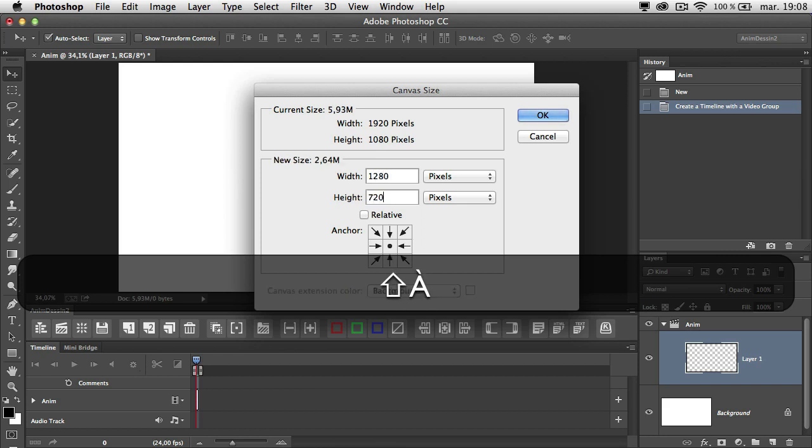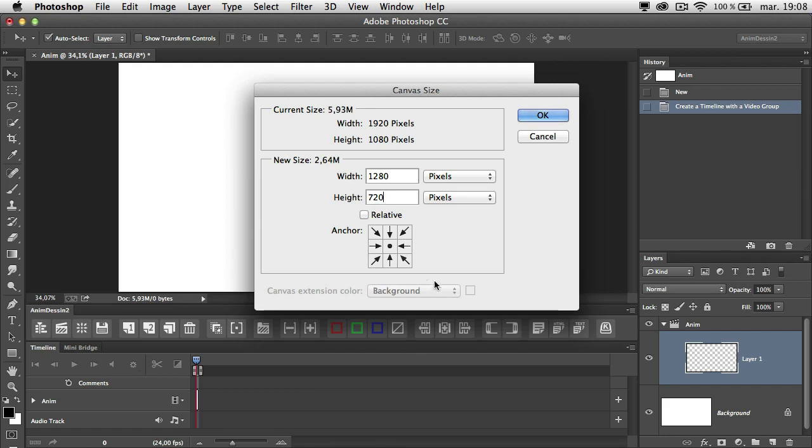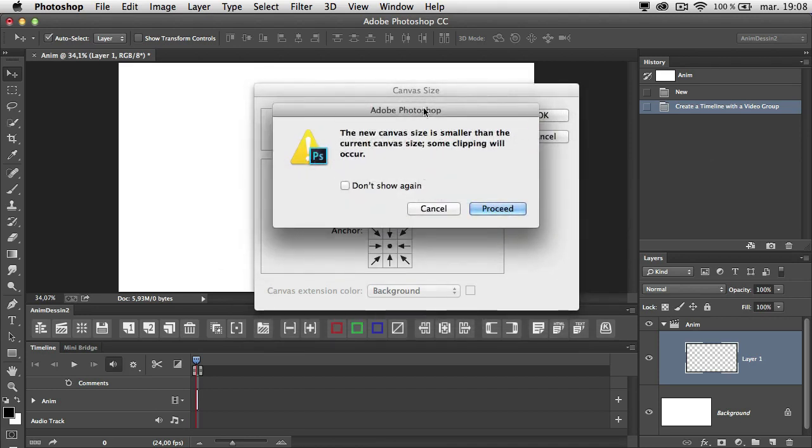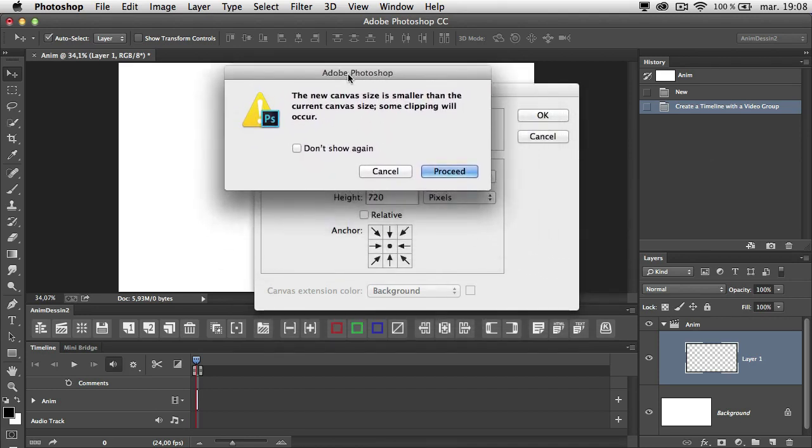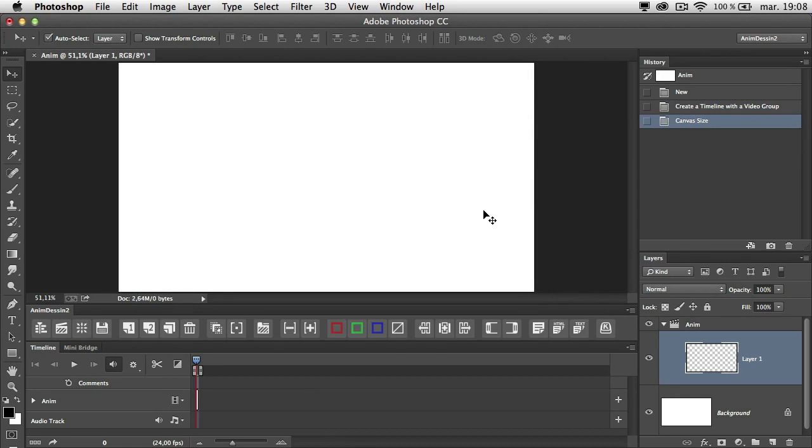So in my case, I will reduce that to 720p, and because it's smaller than the previous one, a warning says you will crop something and you will lose some material, but because it's a white background and an empty layer, no issue, you can check this box and that's okay. Now I would like to zoom a little bit on the timeline,